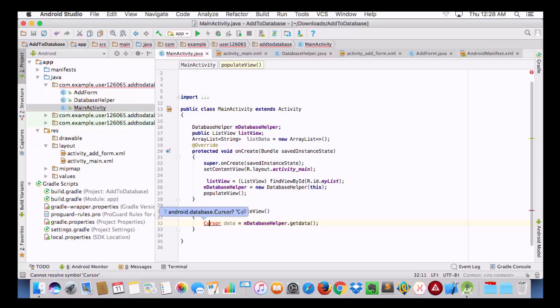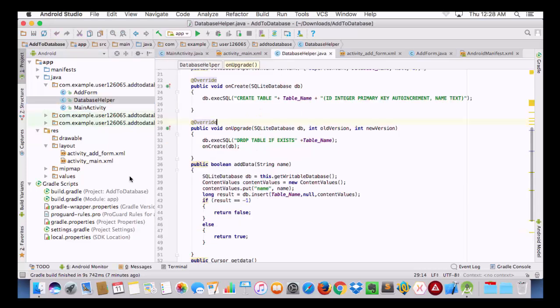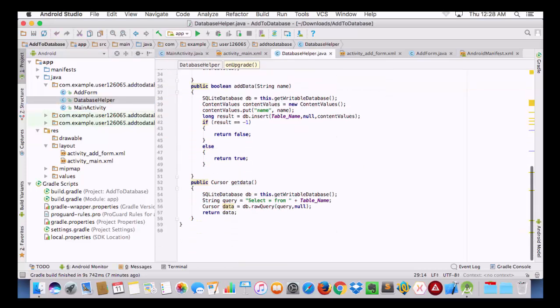Get data is basically a function in my database helper class. So now go to the database helper class and let's check what get data is doing. See, get data has a select query which is in a string variable called query, and this we are taking in cursor data and we are returning the data. So basically we are returning an array which has certain values from a table,